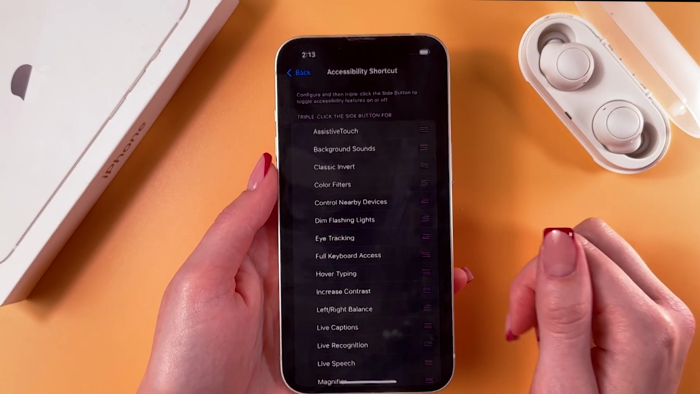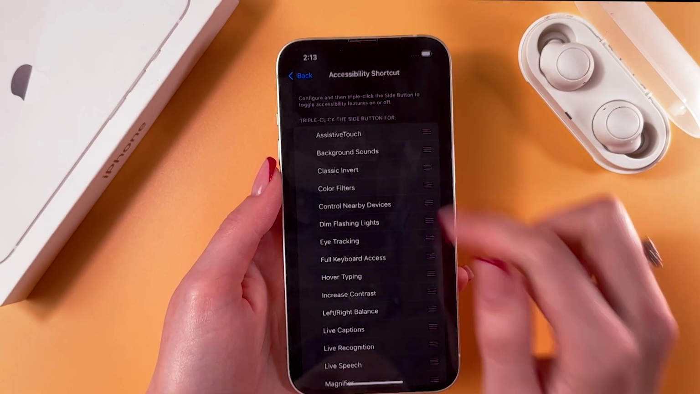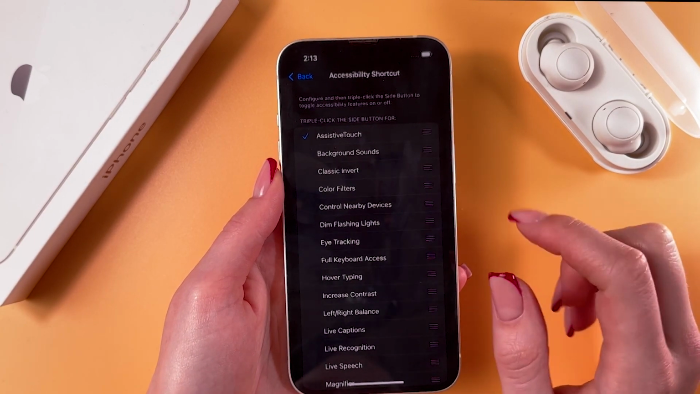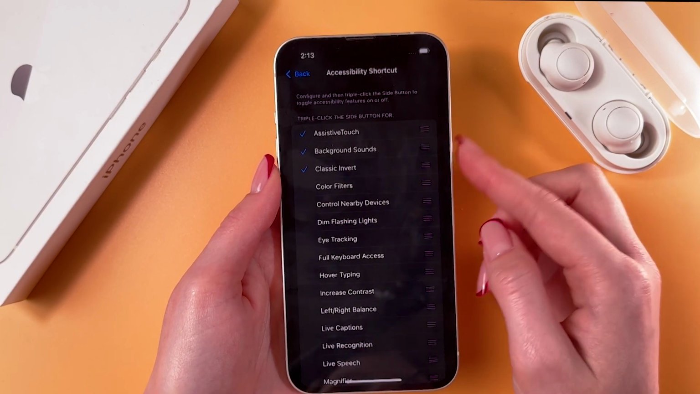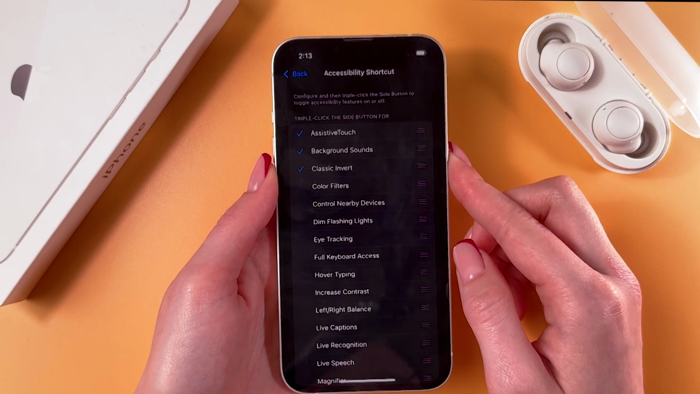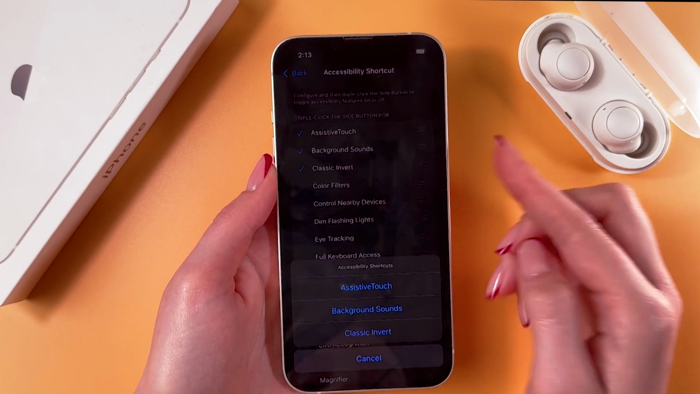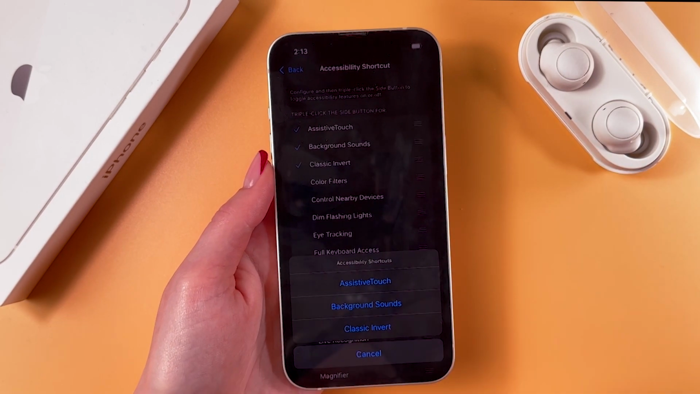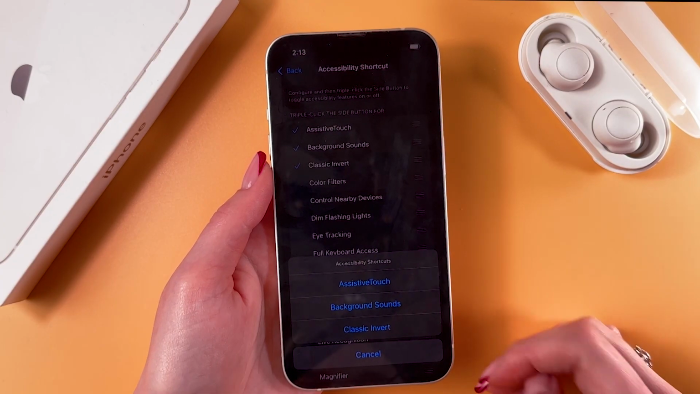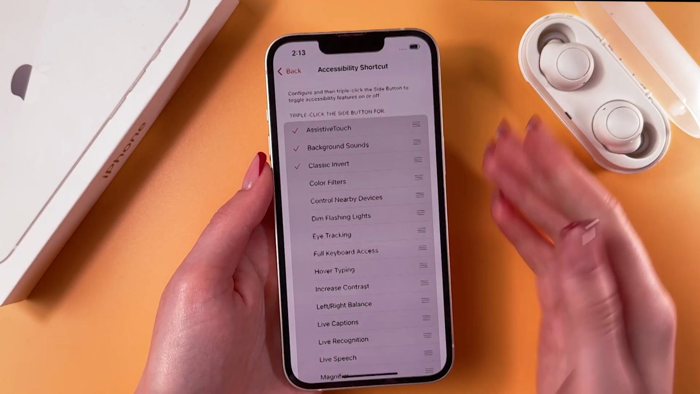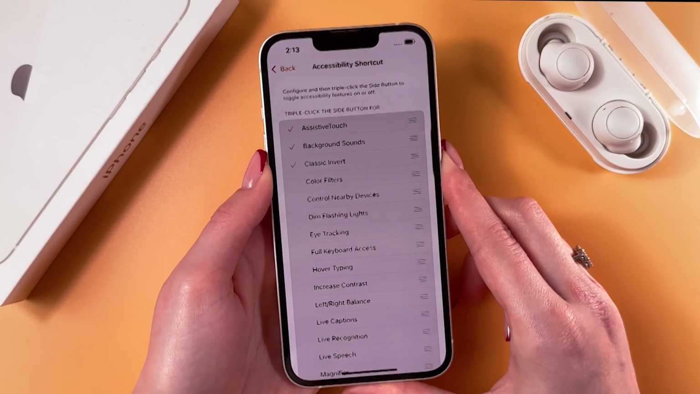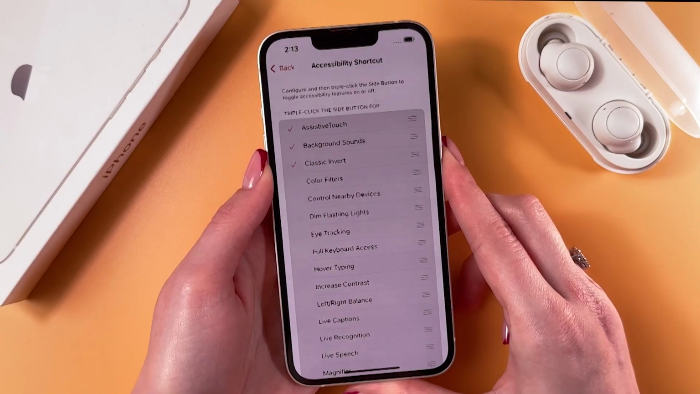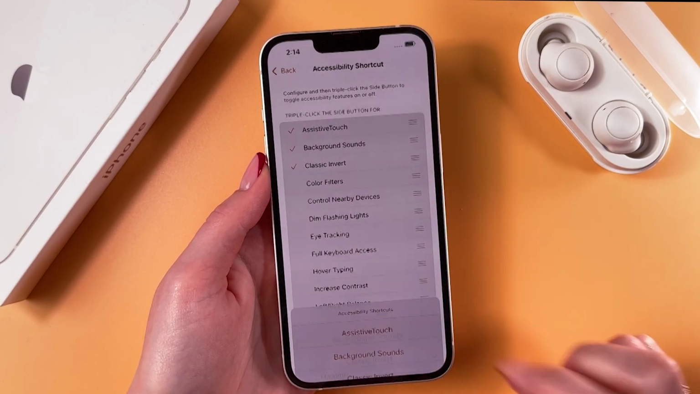Also, we can select not one feature but more. For example, put a check mark on assistive touch, classic invert, background sounds, something like that. Now let's triple click the side button. And now we can see this menu from which we can choose which feature we want to trigger. And now everything is in classic invert, so we can just triple click again to disable and here remove the